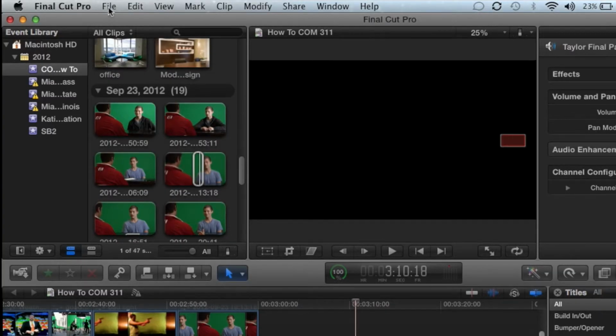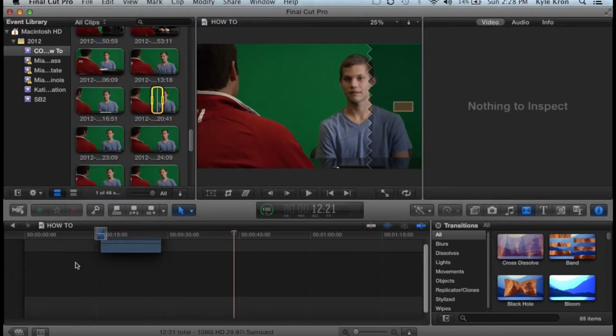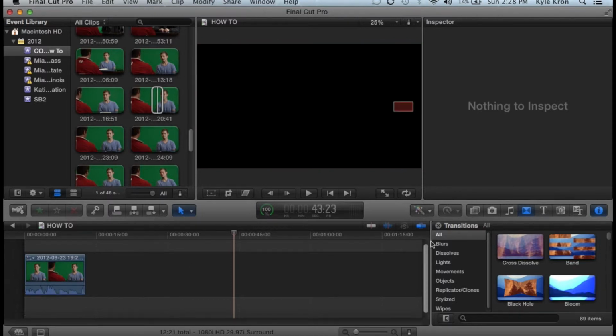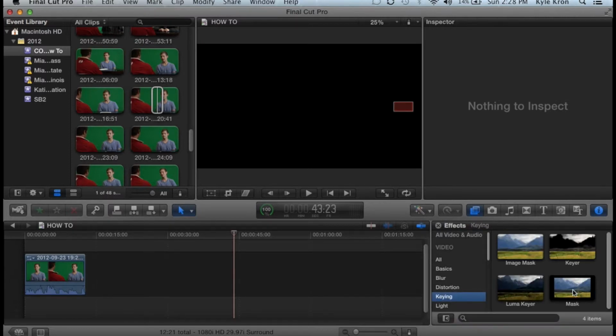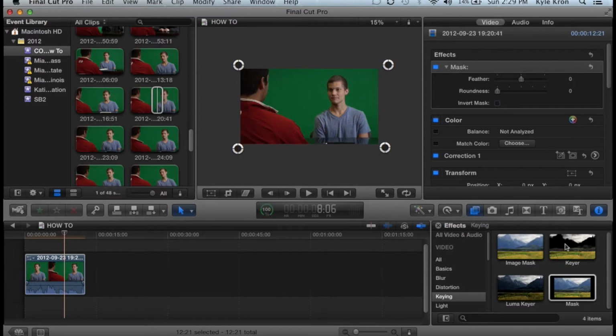Once you have your completed shots, import your clips into Final Cut and begin editing your scene together. If you have multiple angles, add your preferred backgrounds to each clip. To do this, click on the Effects tab, go to Keying, and drag a mask onto the specific clip you want to change the background to. It will display with controls to edit where you want to cut out. With our scene, we need to edit out the whole background.